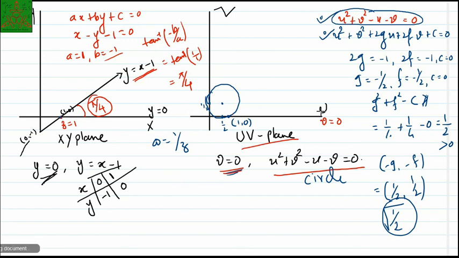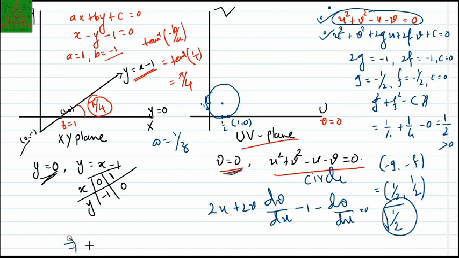To calculate the tangent, we need to take the derivative of this equation, that is u square plus v square, so it is 2u plus 2v dv by du. By taking the differentiation of this equation with respect to u, we will have this minus 1 minus dv by du. So this implies that dv by du will be 1 minus 2u upon 2v minus 1,